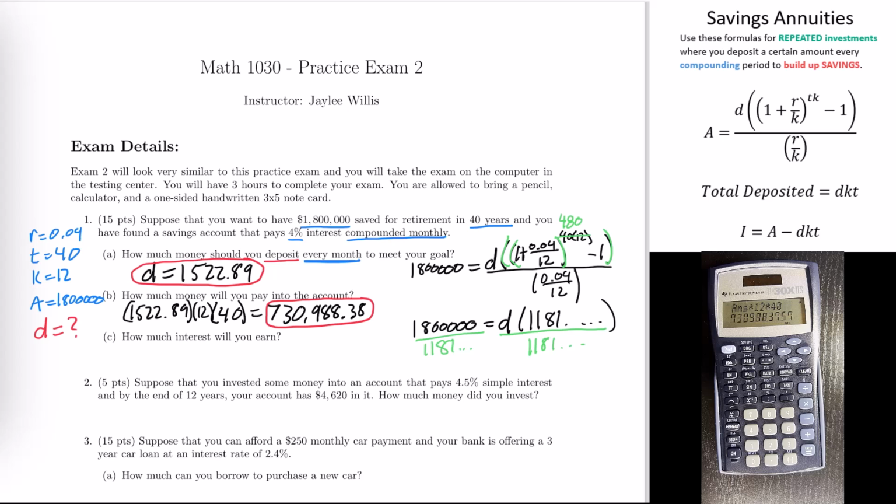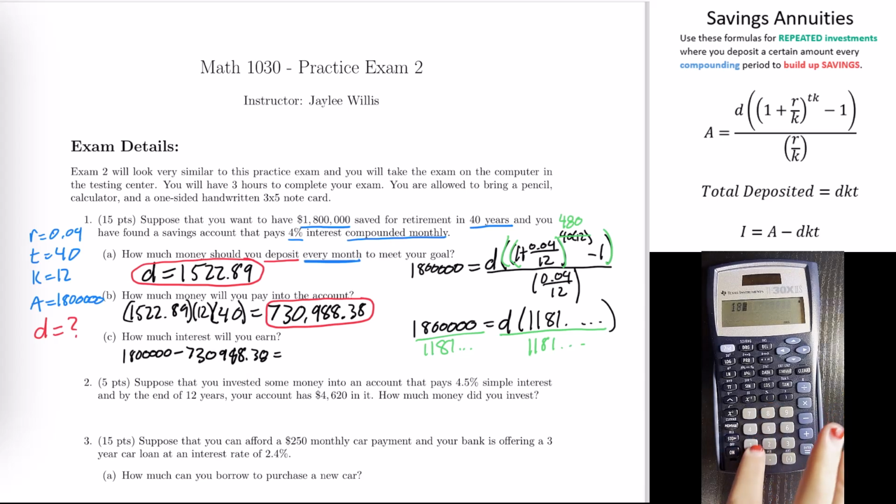fine on the test if your number is slightly different in that way. Okay, and then to figure out how much interest I'll earn, I'll say, okay, well, I will have $1.8 million in my account at the end, and the amount of money that I put in out of my own pocket was this number that I just found, the 730,000 number. And so if I subtract that from 1.8 million,